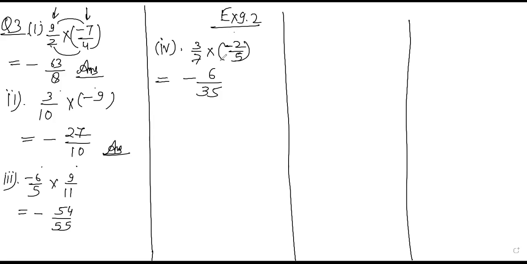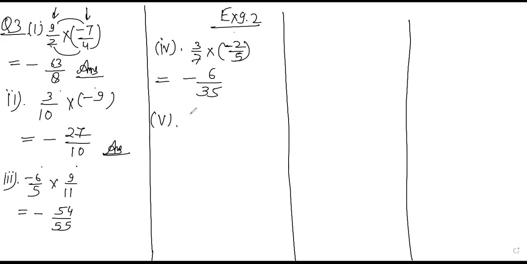That means in every question up to the fourth question, one is a negative rational number and one is positive, so the answer will always be negative. If one is positive and one is negative, the answer will be negative. If both are positive, the answer is positive. If both are negative, the answer is positive. Listen to me: both rational numbers are negative, but the answer is positive, right? In multiplication and division, both.